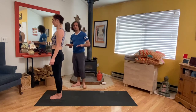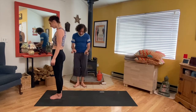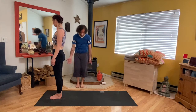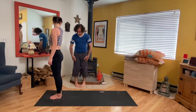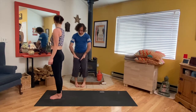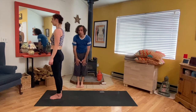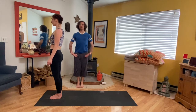So as always, we want to set our feet so that they are in a parallel position. If your toes are turning outwardly, this is going to tend to focus a bit more on your inner quadriceps. If you have a habit of pigeon-toeing your feet in, then we start to isolate the outer quadriceps more. And that's why that parallel position is so important. It's going to allow us to more evenly activate the muscles of the legs